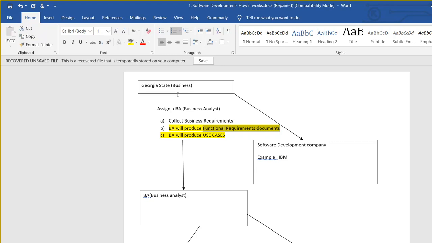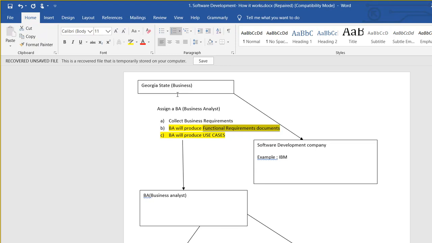They will also prepare some use cases. I will discuss what use cases are, but the BA people will create some diagrams of how this feature will be working, like an image kind of thing.